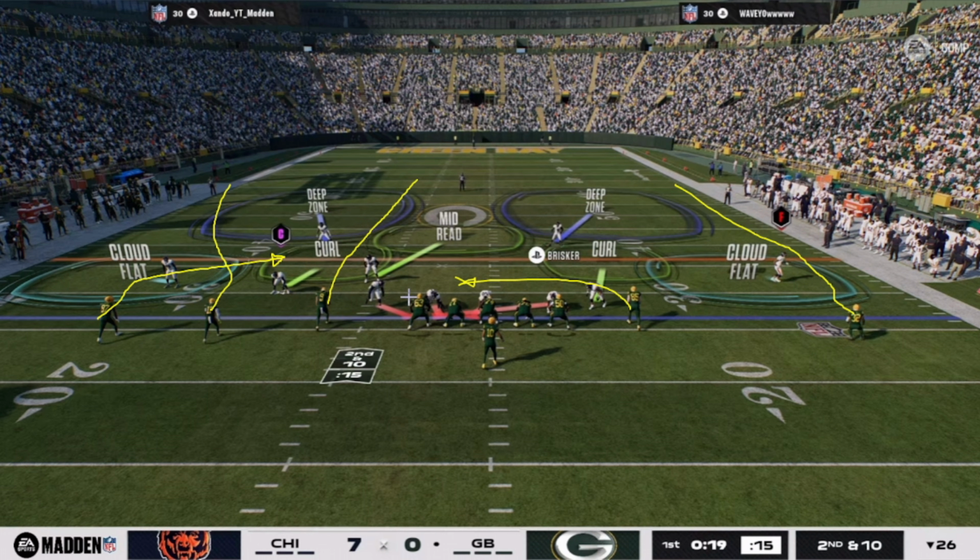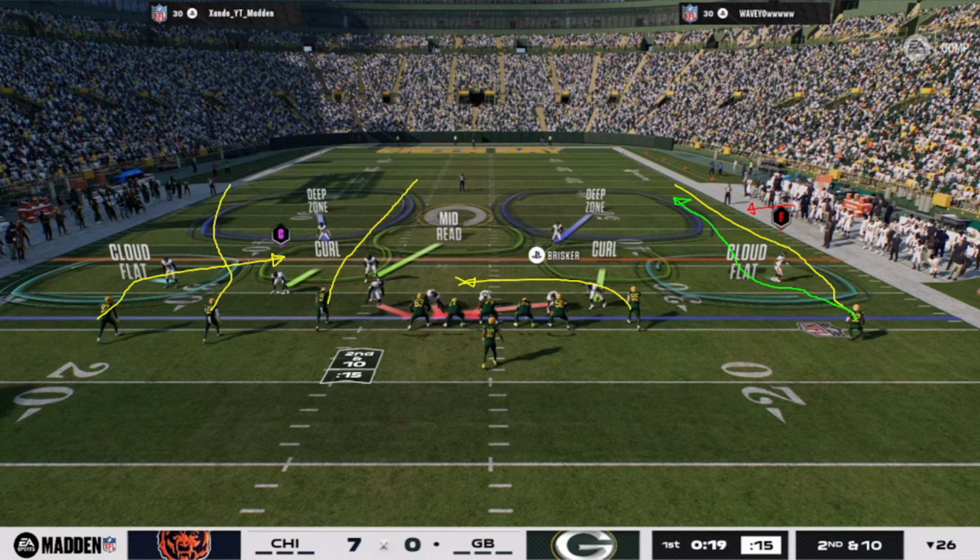Now, looking at this play, where would Cover 2 have an issue? Most people would say over here, right? Honey hole shot. He's running up the sideline, and that's where Cover 2 is weak. However, in Cover 2, the cloud flat corner, he's not going to do it in this play, but what he wants to do is reroute this player to the inside. So I'm going to draw a line, say he does get rerouted, and he tries to go up the field